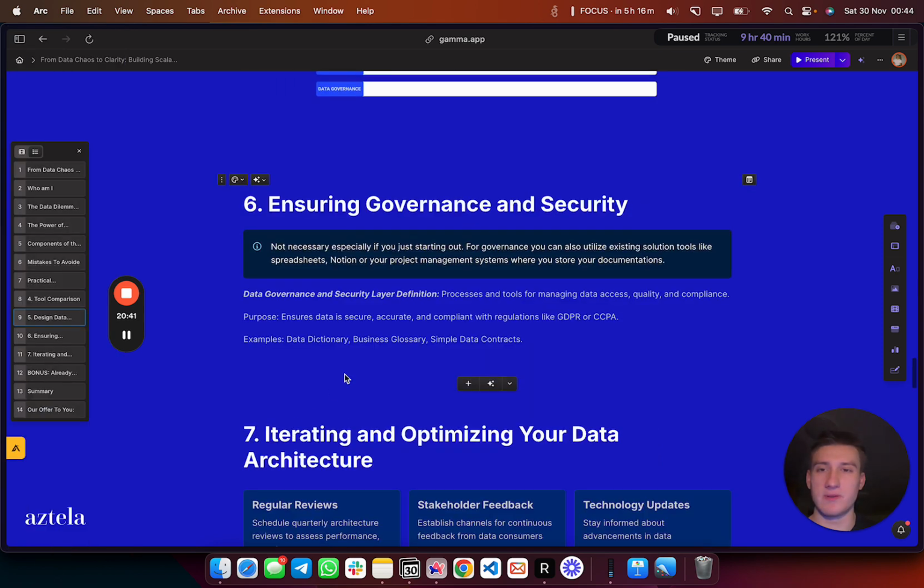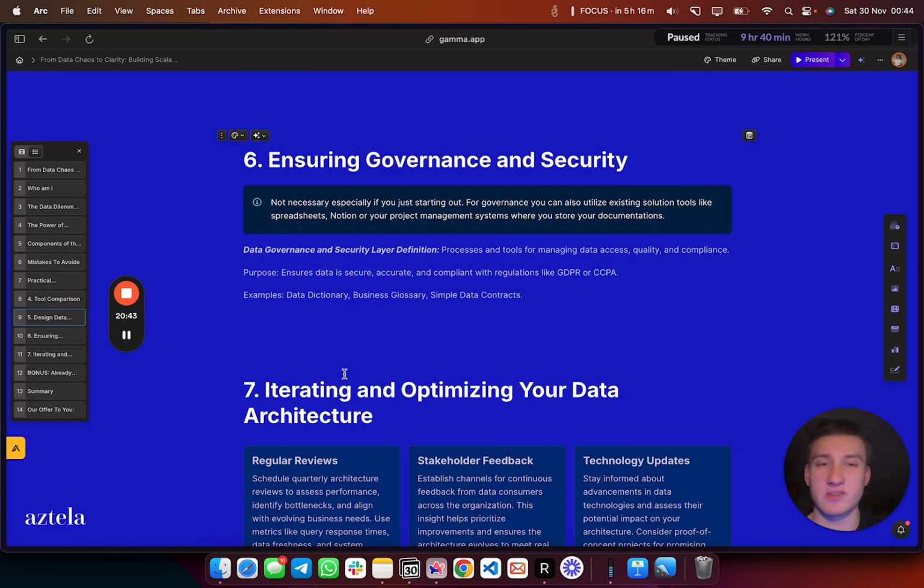And now the sixth step, ensure governance and security. If you're just starting out, this is important, but don't overcomplicate things. Don't buy any solutions or tools or technology regarding data governance. You can utilize your current solutions like spreadsheets, Notion, your project management, where you store all your documents. In short lines, these are